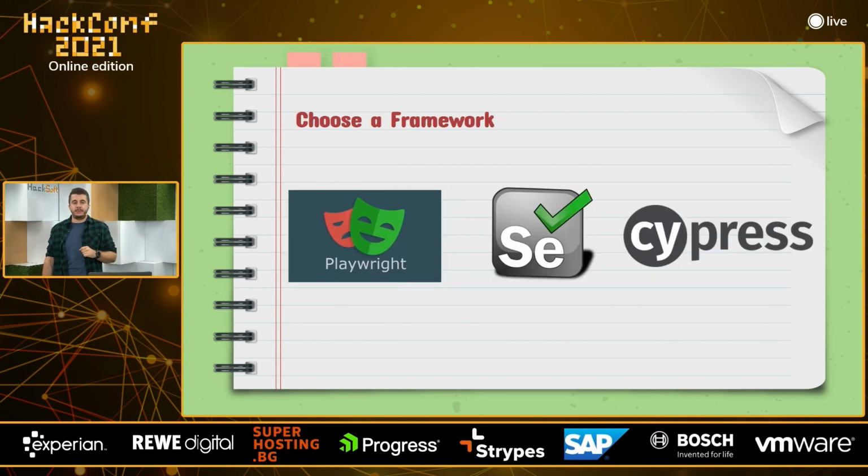This is the first obvious decision to be made. Googling what are the best frameworks for browser tests, we ended up with Playwright, Selenium, or Cypress. The top three frameworks that are out there. And we thought that this is going to be the most important decision. Once we pick the framework, we are good, and we just need to write the tests, which is entirely wrong.